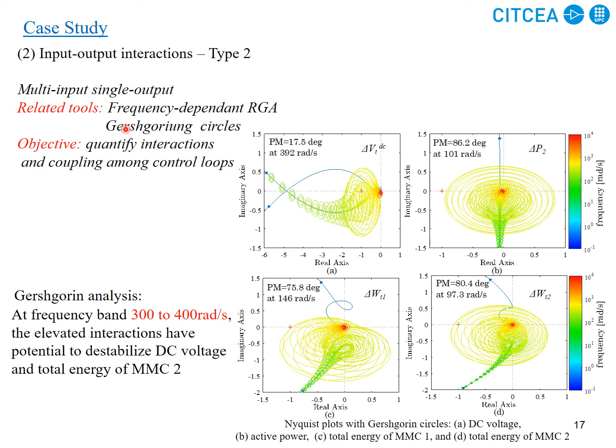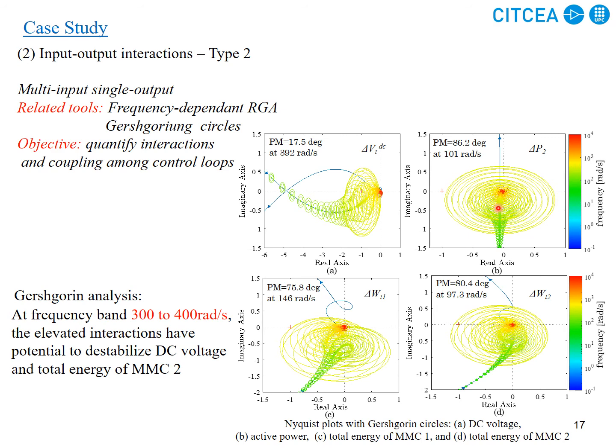The larger the diameter, the higher the interactions between control loops. So again, this result is similar to the RGA: 300 to 400 radian is the frequency band with elevated interactions. But as is observable,